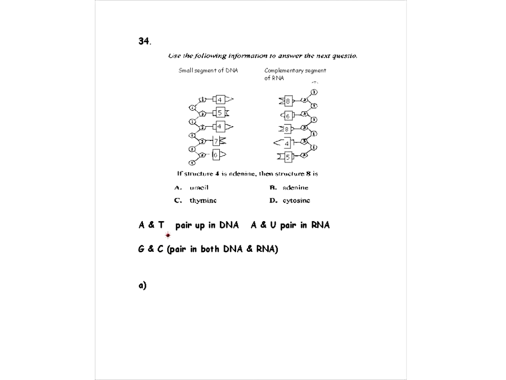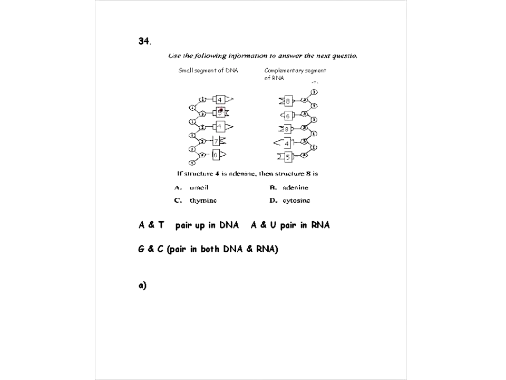We know that in DNA, A and T always pair together. You just remember the word "at". But instead of thymine in RNA, we have uracil. And the pairing of G and C is the same. It doesn't matter if you're talking about DNA or RNA, you always have G and C pairing together.